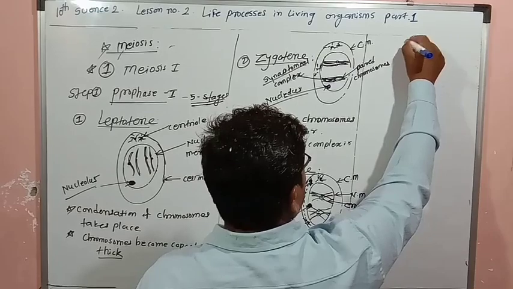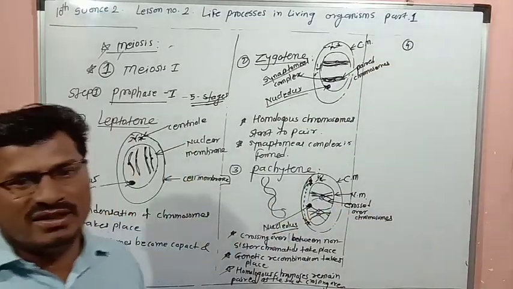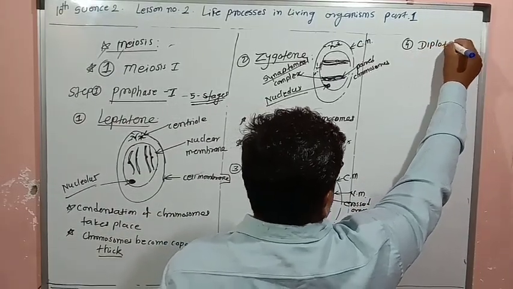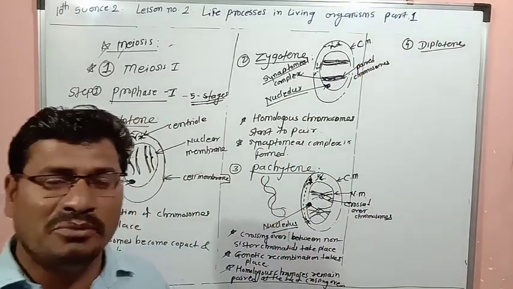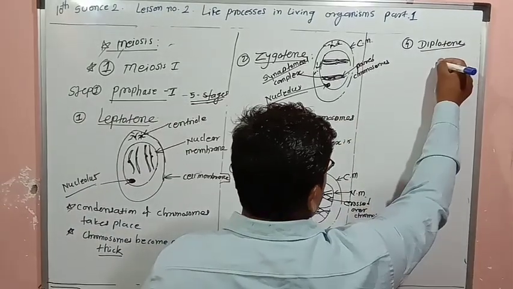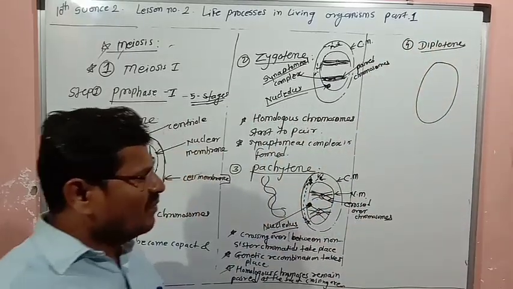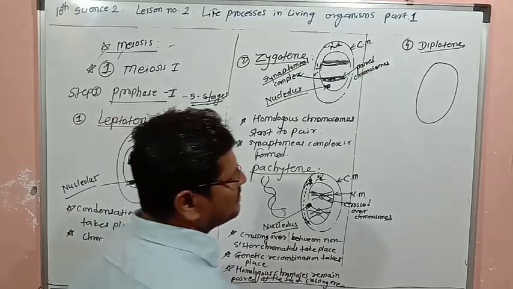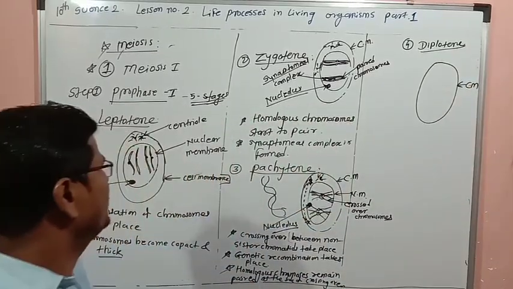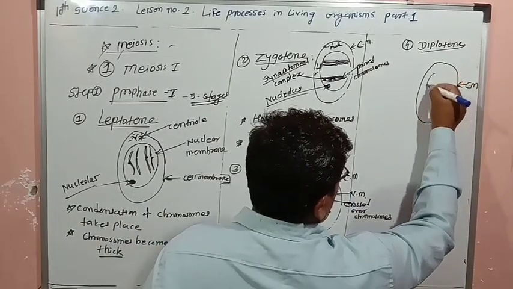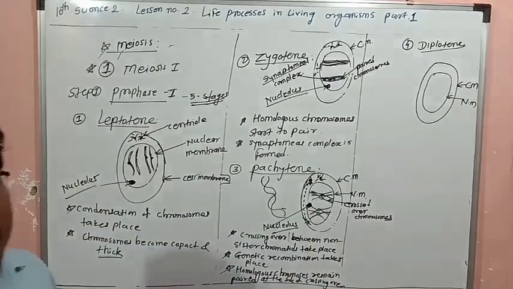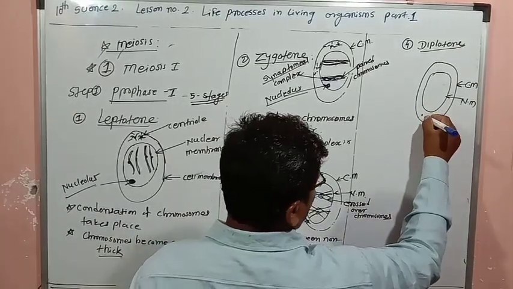Now the fourth stage is diplotene. The fourth stage in meiosis, in prophase first. So in diplotene, we will see which changes take place. In the case of diplotene, this one will be the cell membrane, then here will be the nuclear membrane. Another thing, centriole, you can show one centriole here,